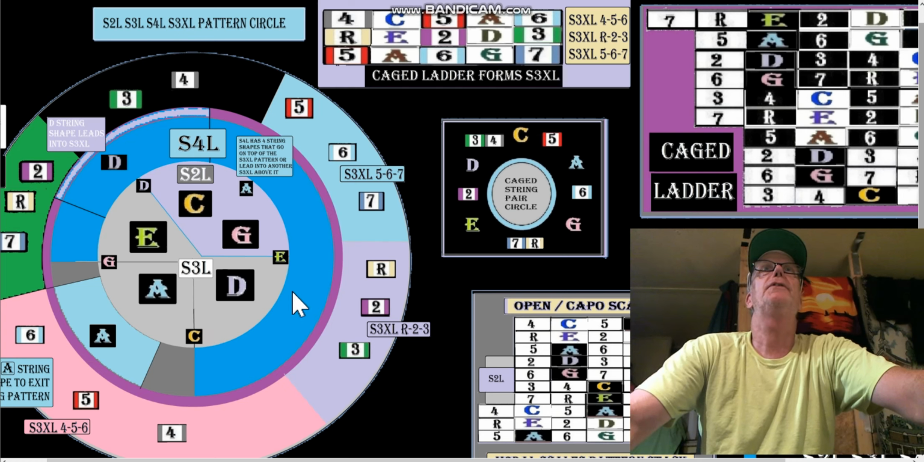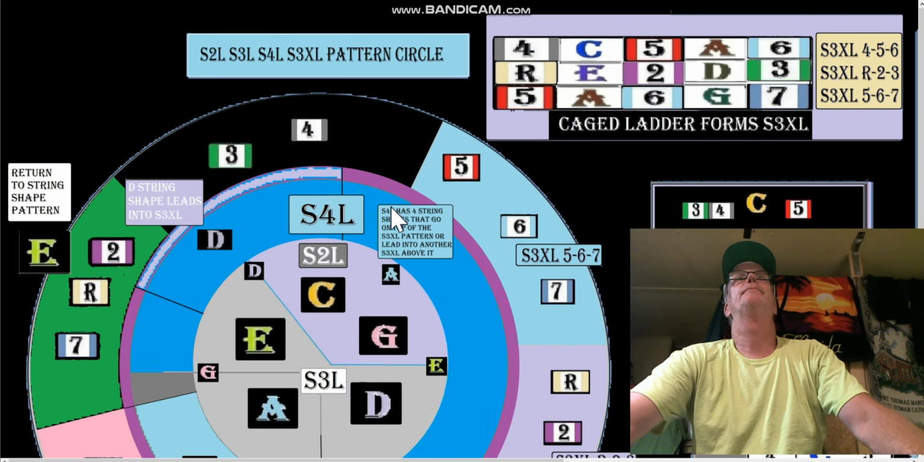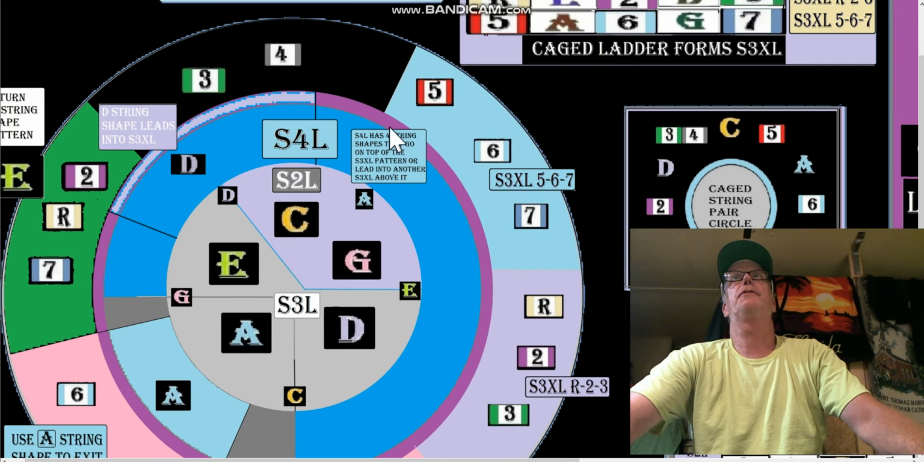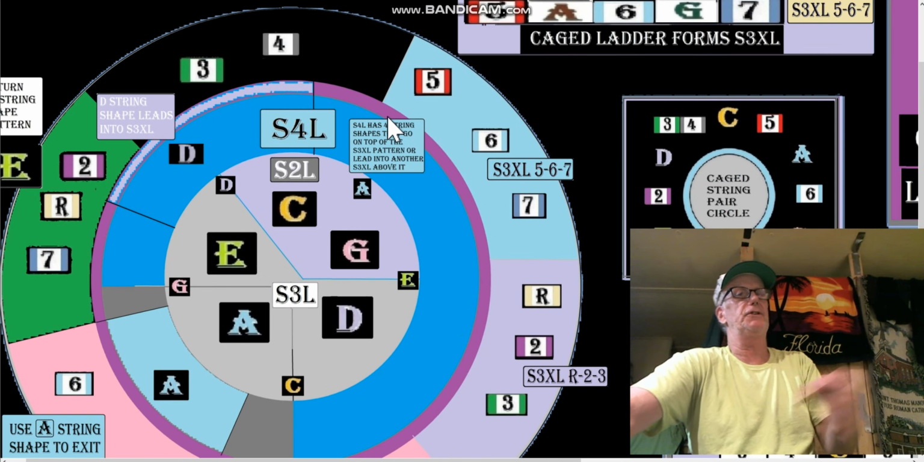Now, I don't know why this S4L looks wrong. But suffice to say, four strings isn't going to go all the way